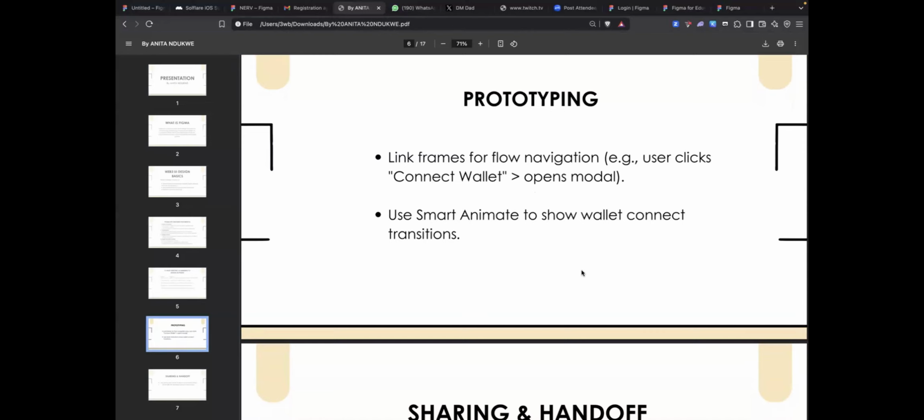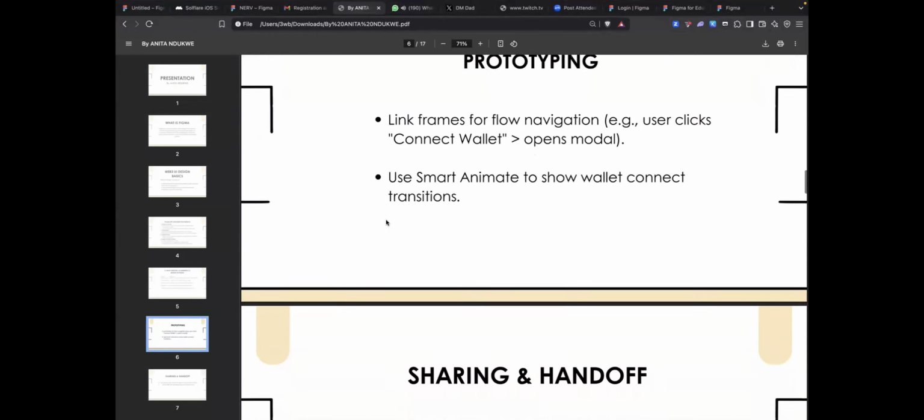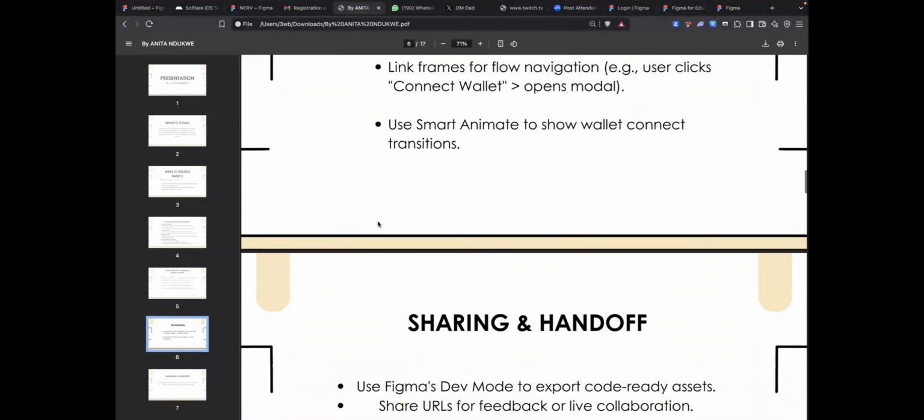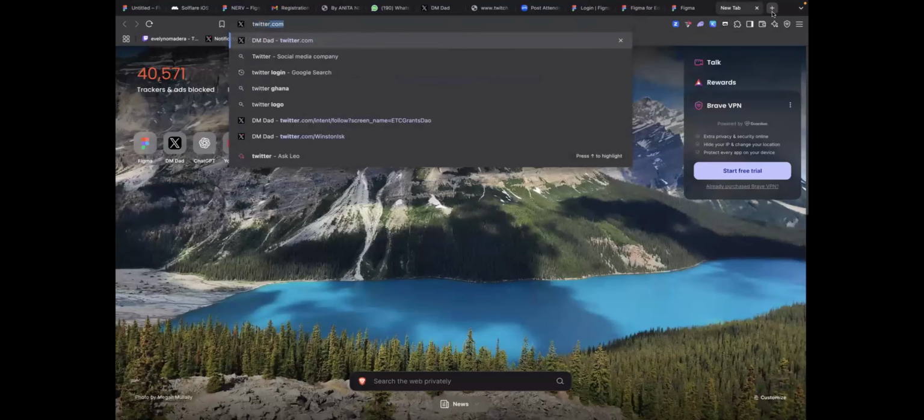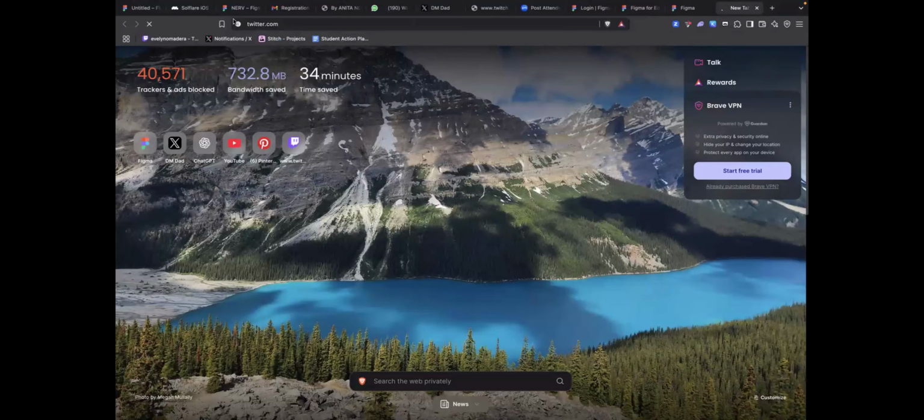I think I will actually share from my friends, but my network is actually bad, because I would have shared from my Figma to show some prototypes. That's one of the reasons I cannot share right now. I don't even know if my Twitter can open. I can't access my Twitter right now.